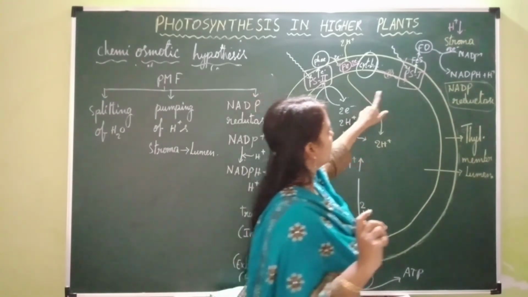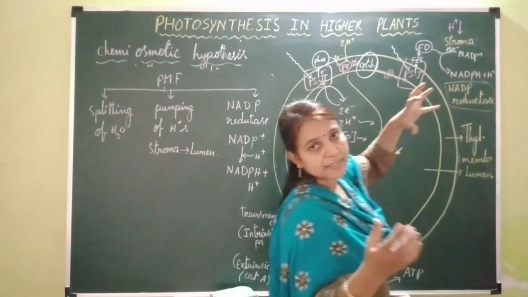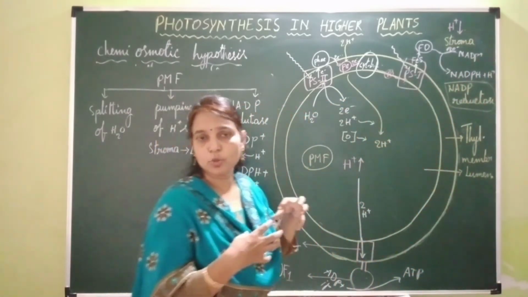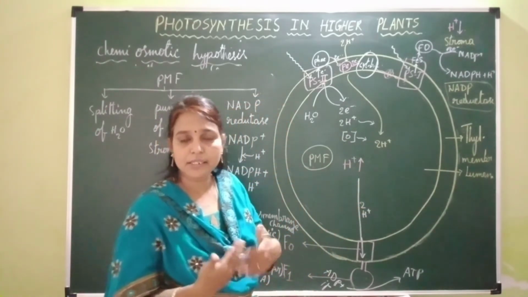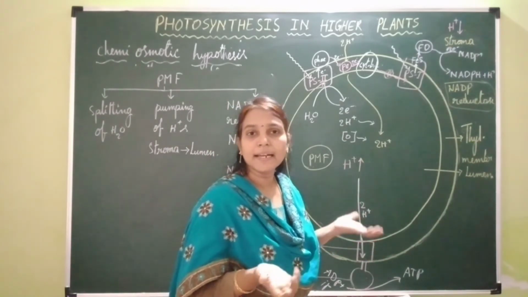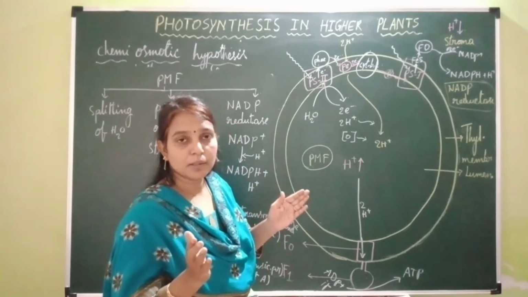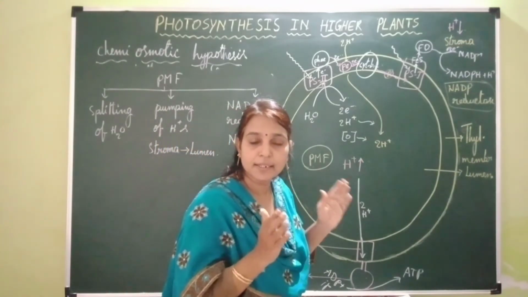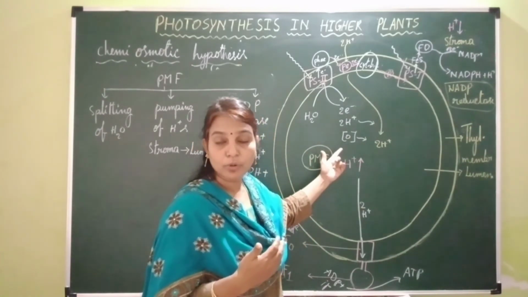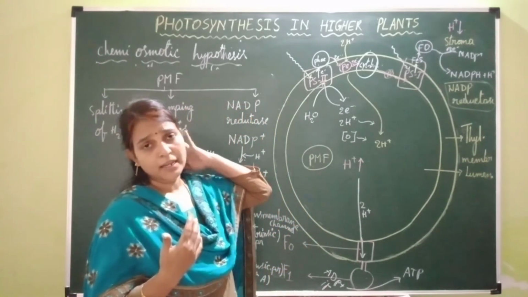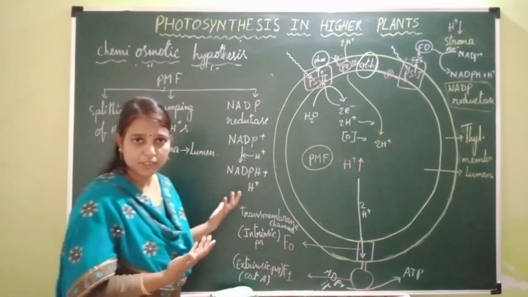Third reason: when the electrons finally reach NADP+, after receiving 2 electrons it consumes 2 protons from the stroma and is reduced into NADPH plus H+. This reaction is catalyzed by the enzyme NADP reductase. Because of these three factors, there is a decrease in the number of protons in the stroma and an increase in the number of protons inside the lumen. That is the development of the proton gradient or proton motive force,